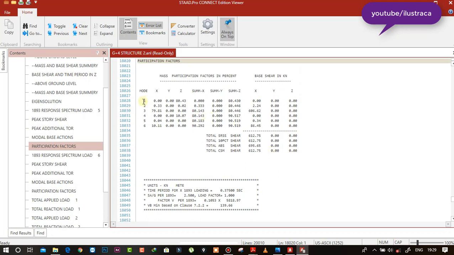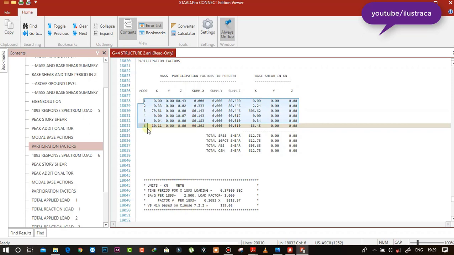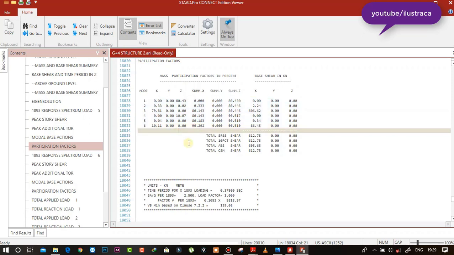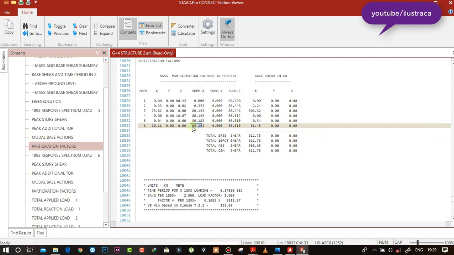By default, STAAD.Pro has taken 6 modes, and as per code, there should be at least one mode with 90% of mass participation. So we are seeing that the 6th mode has 90% of mass participation in both the plan directions X and Z. This is for the response spectrum in X direction.